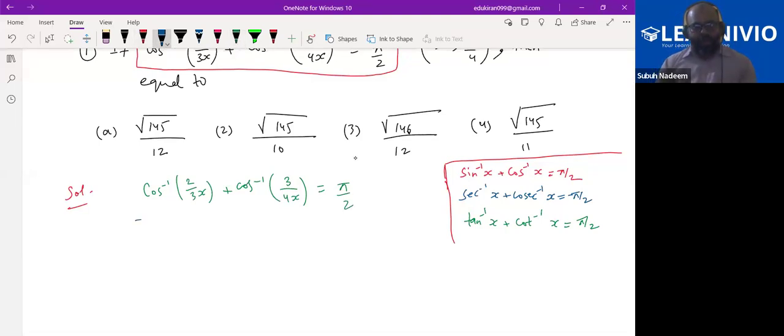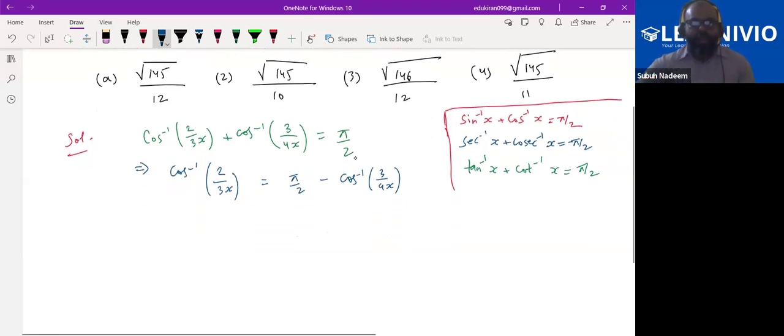Now you can write it as cos inverse 2 by 3x is equal to pi by 2 minus cos inverse 3 by 4x. You can write it like this. And then this is equal to,